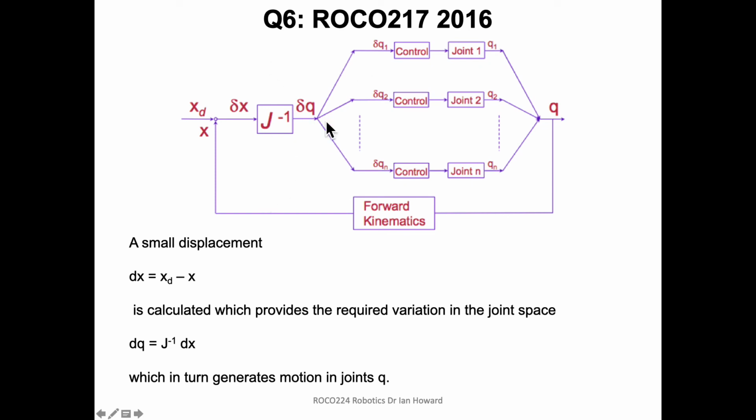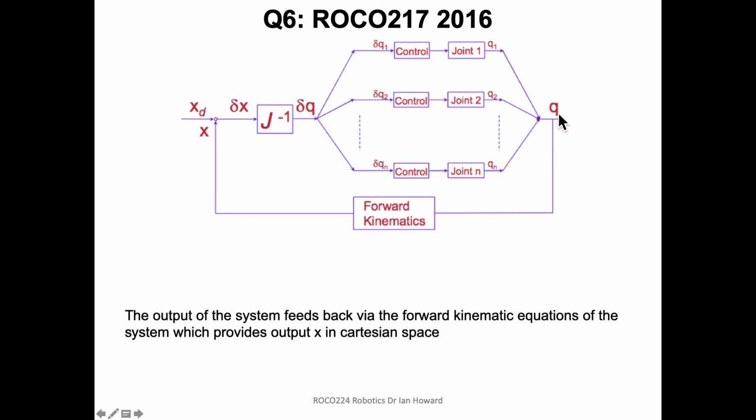And then what we can do is apply this little tiny change in the joint parameters to the control input of the system to move it from Q to Q plus delta Q. We end up with a small extra Q value going into the system, and this gives the new Q value. And having got the Q value, of course, we can then calculate using forward kinematics what the corresponding X value is. So the system's doing its thing anyway, but we can calculate the small